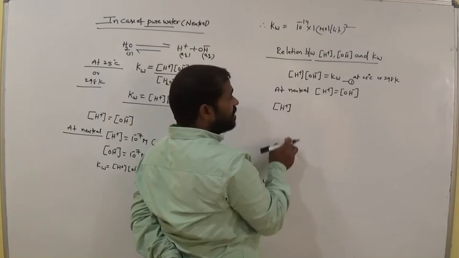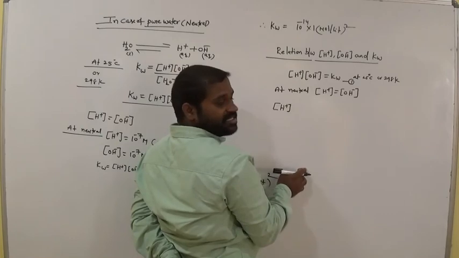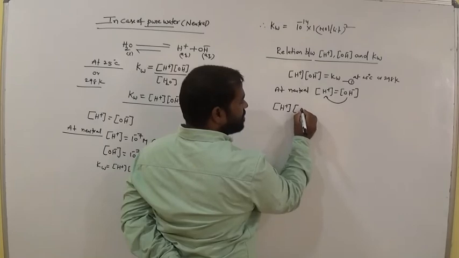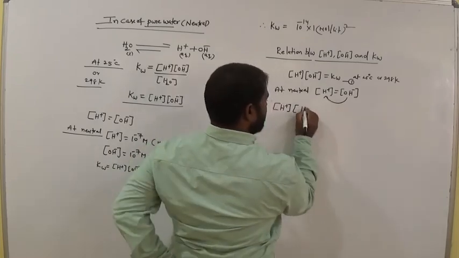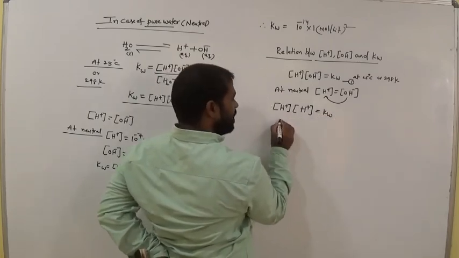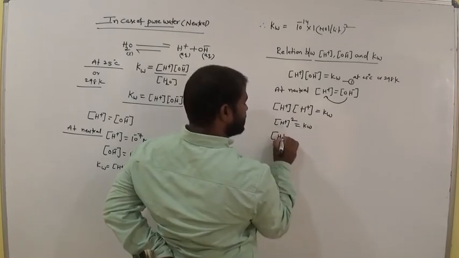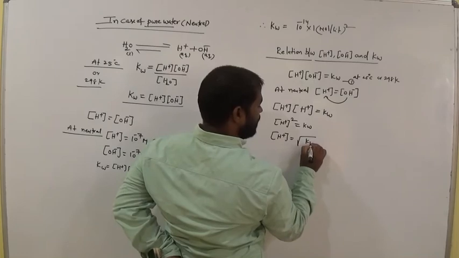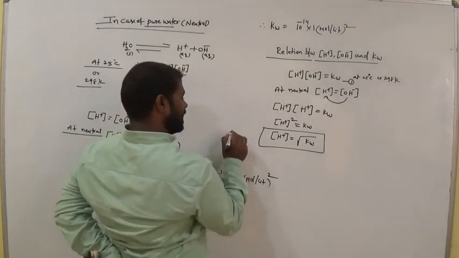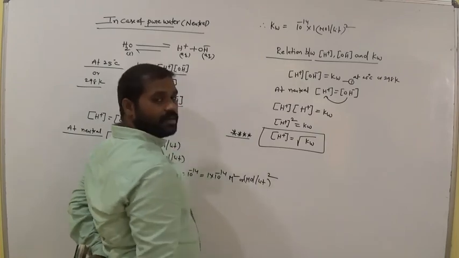Now in this expression, the molar concentration of H plus stays as usual. Now what about the molar concentration of OH minus? There is a chance to write the H plus concentration, as both are equal. So instead of OH minus, write H plus. Now what about Kw? H plus times H plus, H plus whole square, equals Kw. Now what is the molar concentration of H plus? Square root of Kw. Am I right? Very, very important. We have direct problems on this. Is it clear?